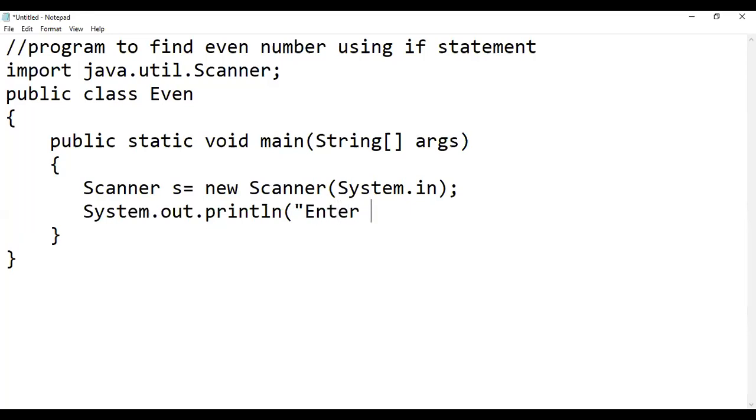Enter a. Now we declare our variable in which the value entered by the user from the keyboard will be stored, so the s.next function will be invoked.